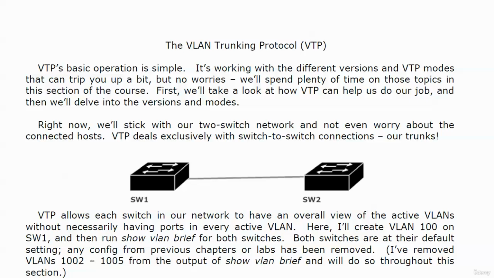The VLAN Trunking Protocol, VTP, or how can something so simple become occasionally so complex? The basic operation of VTP is very simple. The reason we're going to run it, very simple, as you'll see. It's working with the different versions and the different modes that can trip you up a bit, but we're going